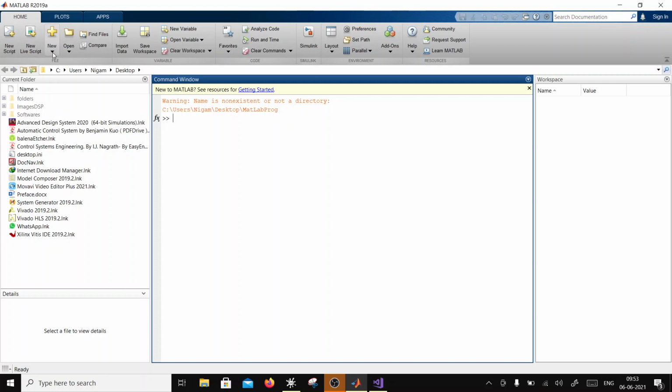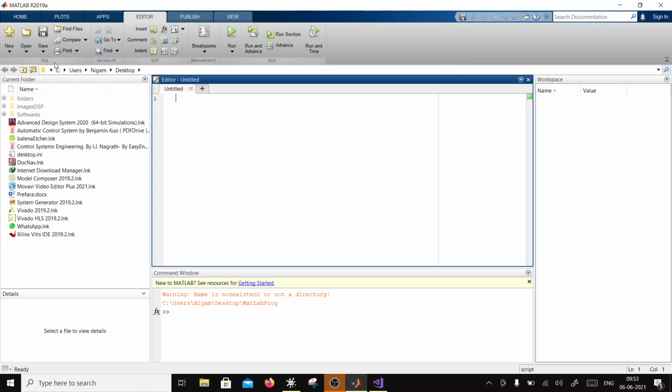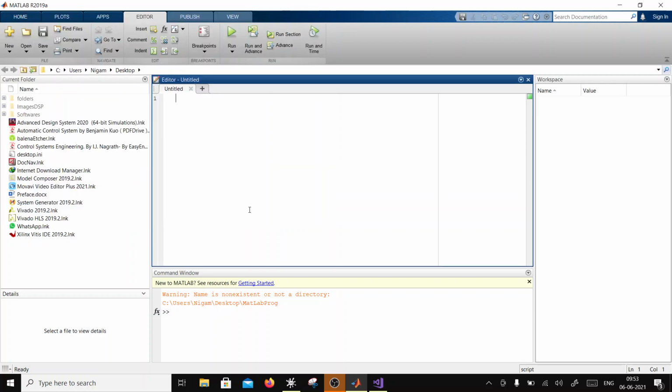That script file is just one unit which can be run by calling its name. So let's write a script file. I'm going to save this first, and I will call it play imgs. So play imgs is the file which I have created.